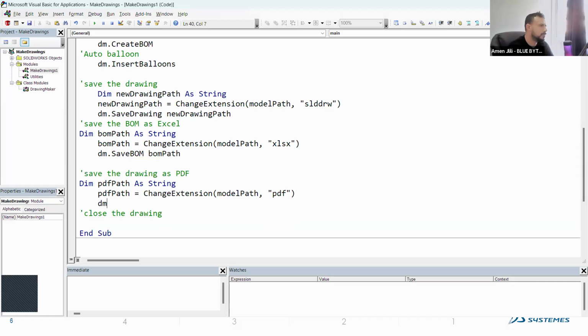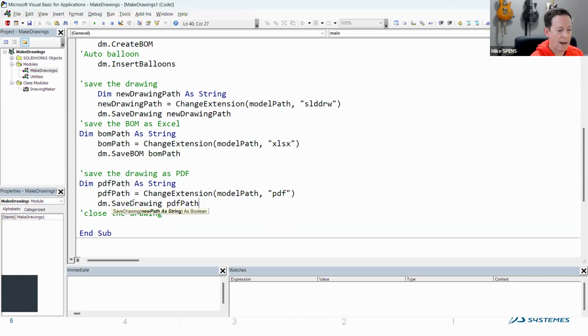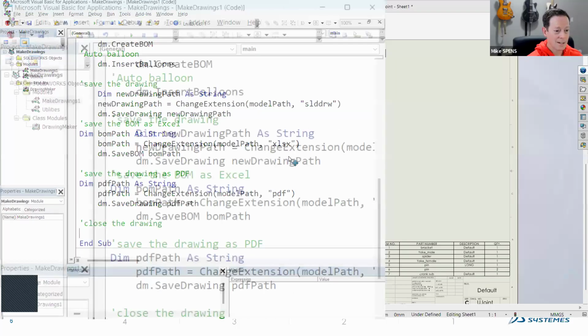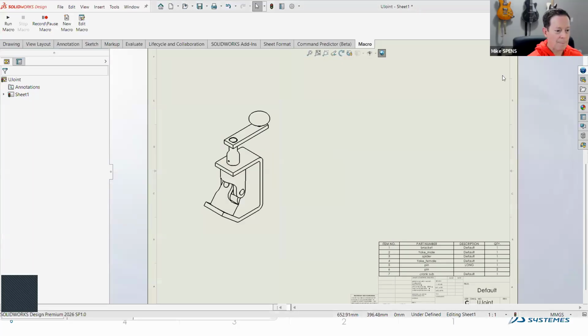You just have to reference it. Now here for the PDF, I'm going to call save drawing again, and I can just pass in the PDF path. And if you literally just want a PDF of everything on the drawing, you're not trying to get a PDF of one sheet, just get the whole drawing, I can just use that save as operation and it's done. I'm going to ignore the closed drawing, but let's give this a test from the top